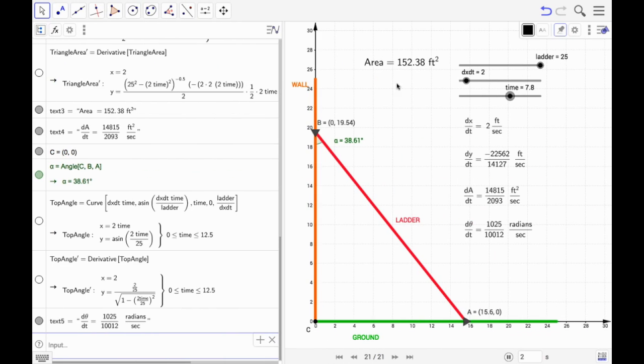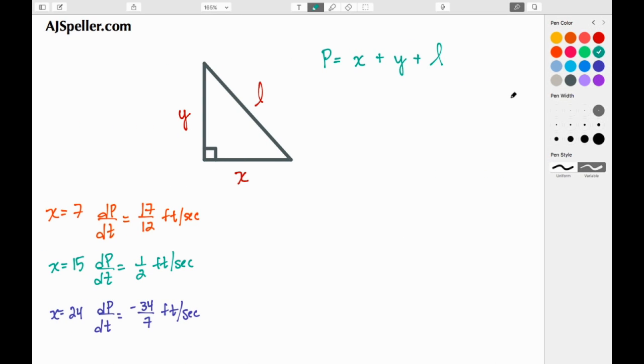If we look at the model, you see we have a series of sliders for the ladder length, the change in X over time, or the distance that the bottom of the ladder is from the wall, and we have a time slider so we can move the time backwards and forwards. So we're going to take this equation and make it into a parametric equation, and we're going to do that with our first substitution, where we say that X is equal to 2t. The reason I'm using the constant 2 is because we know in the problem that dx/dt is 2. So for each time unit, we want the X value to change by 2 units.